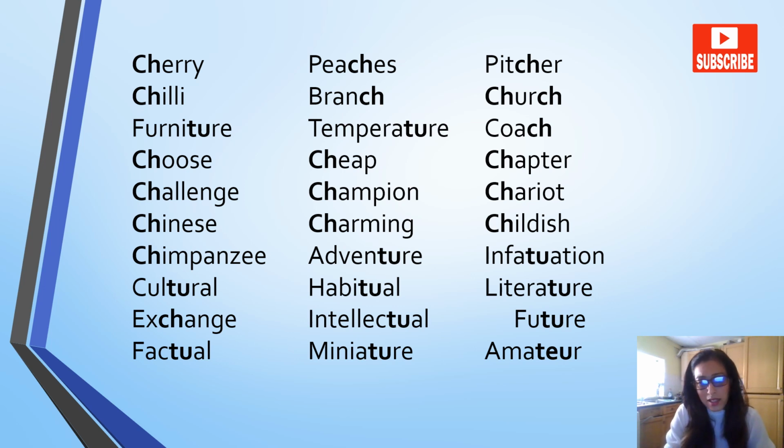charming, childish, chimpanzee, adventure, infatuation, cultural, habitual, literature, exchange, intellectual, future, factual, miniature, amateur,